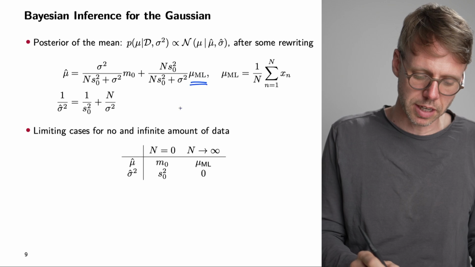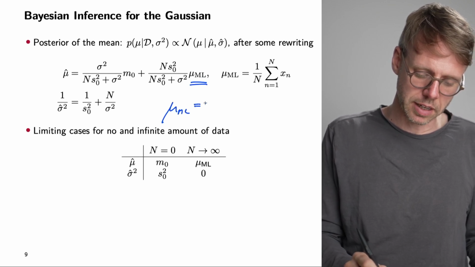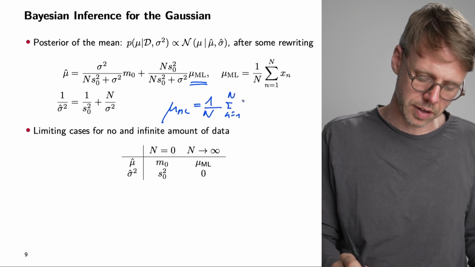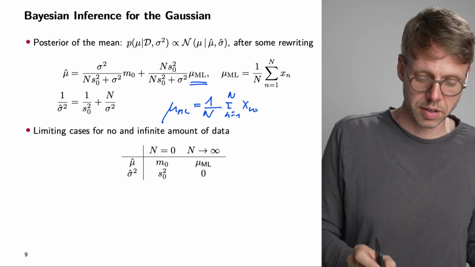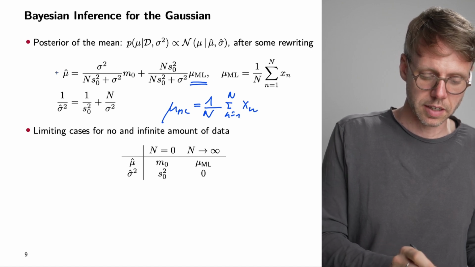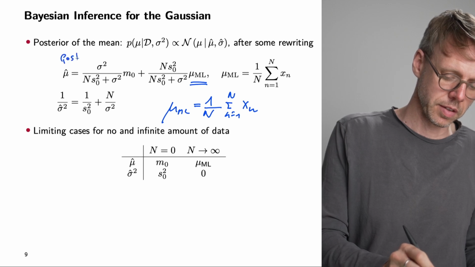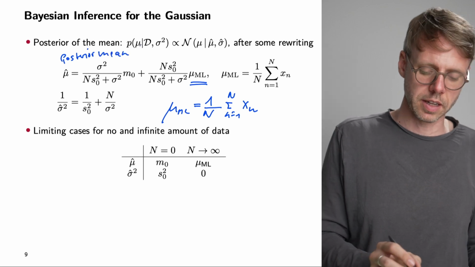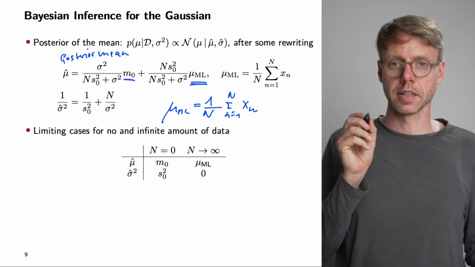Remember, the maximum likelihood estimate, mu ML, is given by the sample mean. If we realize that the posterior mean is the weighted average between the prior mean and the sample average,